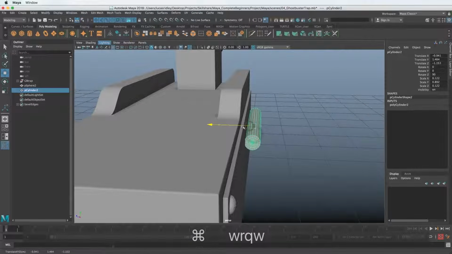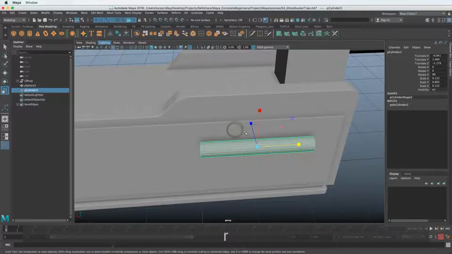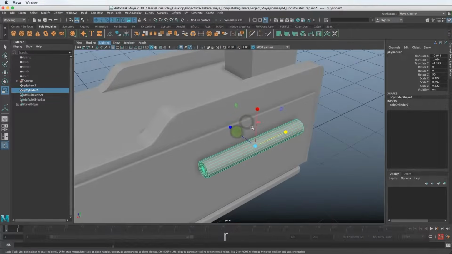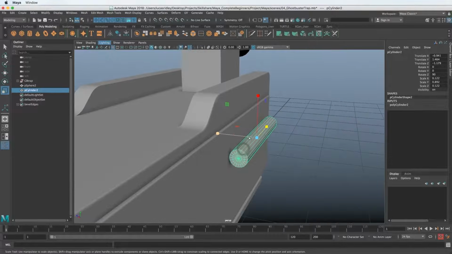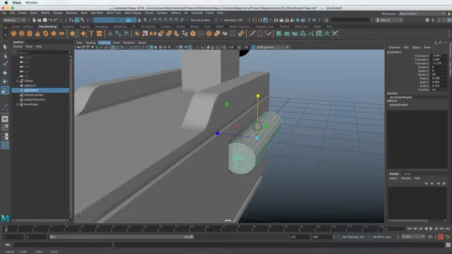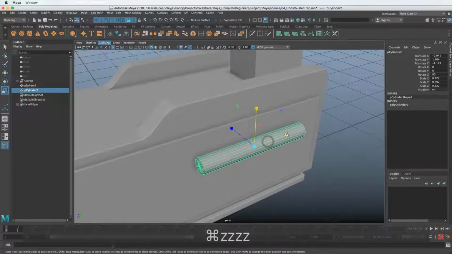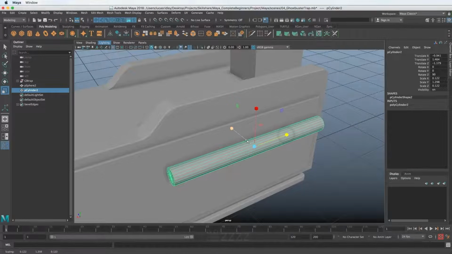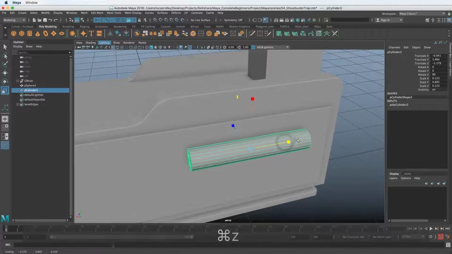One really interesting thing is isolating where you're scaling from. This is something I use all the time, and I didn't know it until years later of using Maya. So say I want to scale the radius of this thing. I could do this, and this, and this, and I'm not entirely sure if it's keeping the right circle shape. So if I don't want to scale in this direction, but I want to scale in the other two directions, all I have to do is hit Control and click and use that.